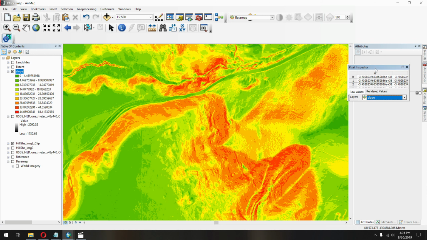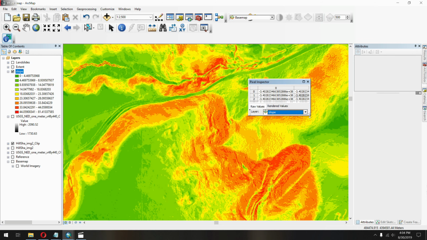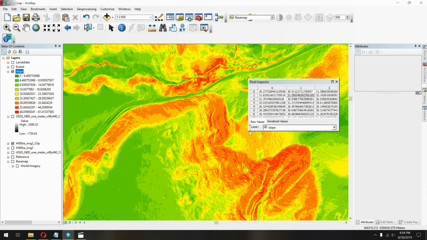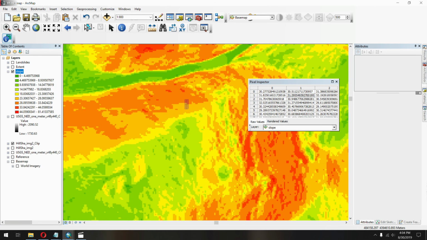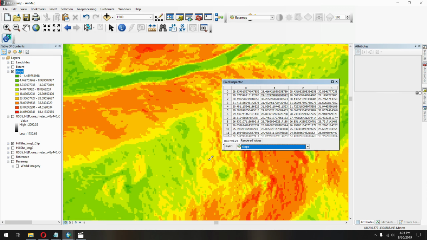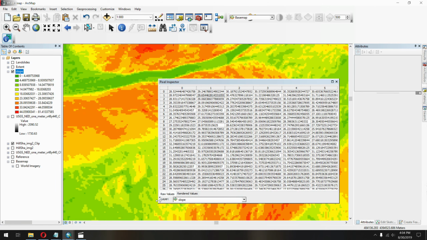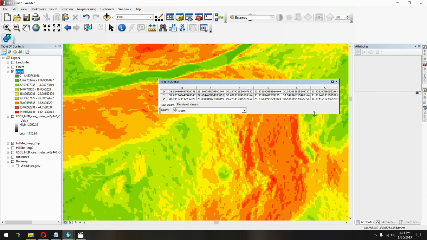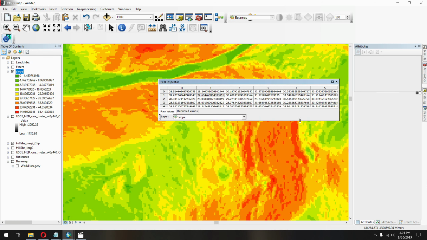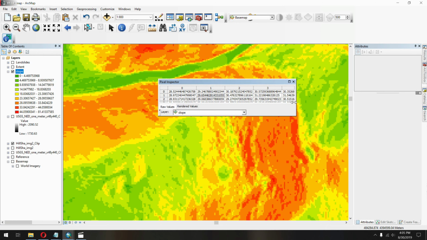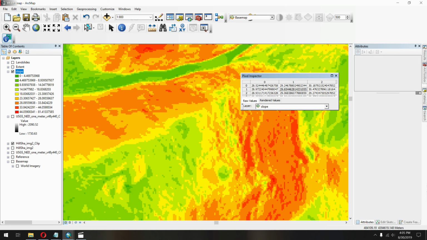There we go. Now this is kind of a funky way it works, but the size of this window determines the size of the actual tool. So if you zoom in, you can see the grid boxes. Make it like that, we get a really big one. But I really only want to know maybe a 3x3 grid. So I'll just shrink it like that. And then when I click and hold and move it around, we can see the slope values at each one